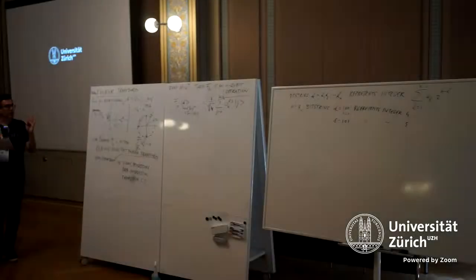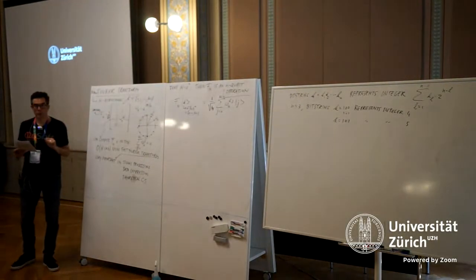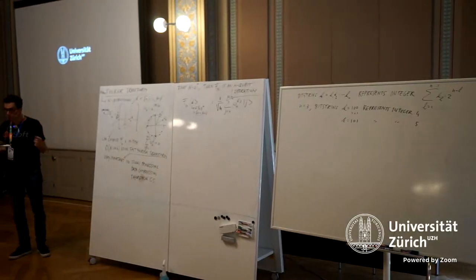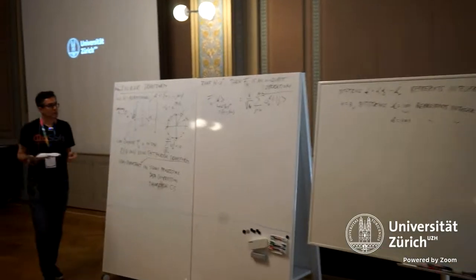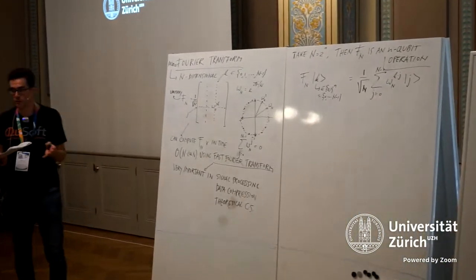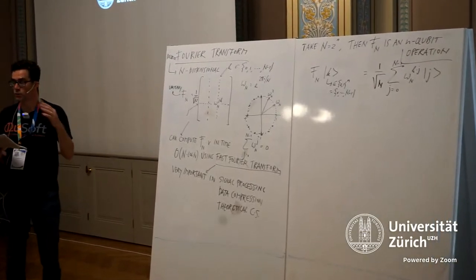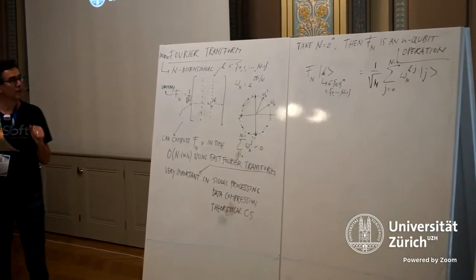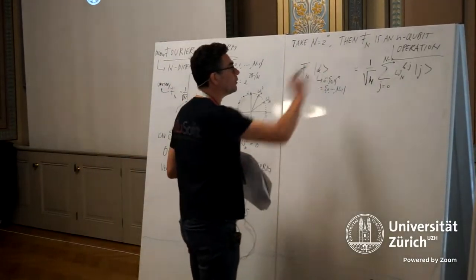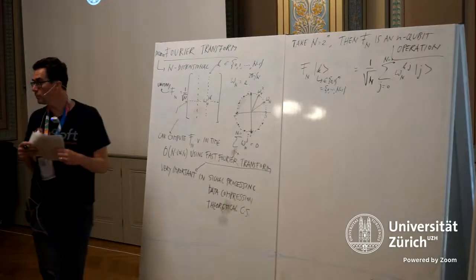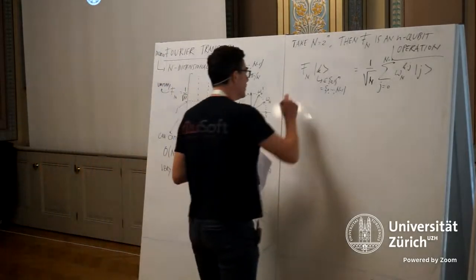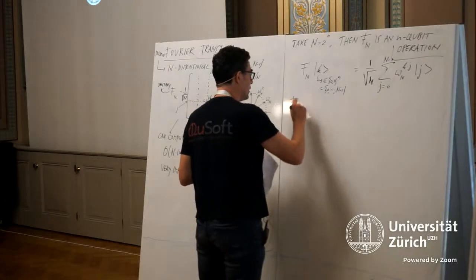Okay, so in any case, this big matrix here of dimension 2 to the little n by 2 to the little n, it's an operation on little n qubits. And whenever you have an operation on little n qubits, you can ask yourself, how efficiently can I implement this using elementary gates? So operations on 1 or 2 qubits at a time. And the beautiful thing here is that this operation actually has a very efficient implementation as a quantum circuit with not too many gates. So Fn can be implemented